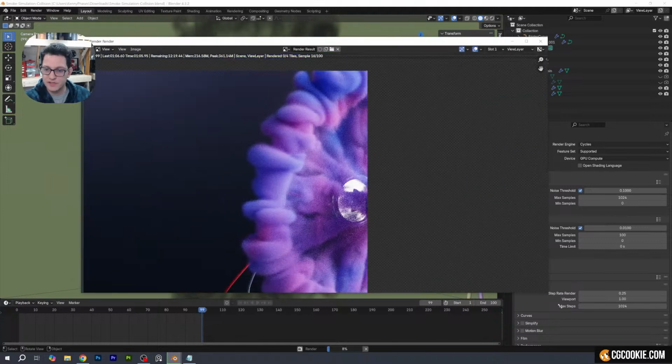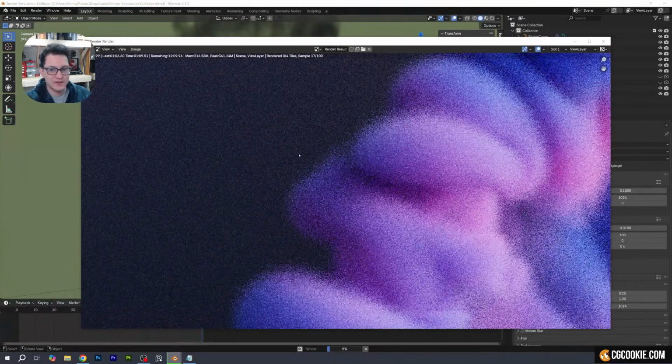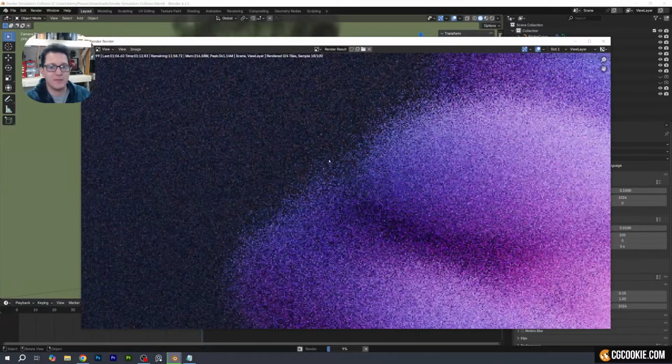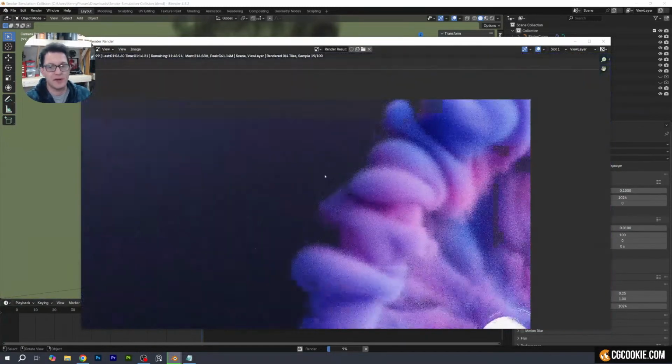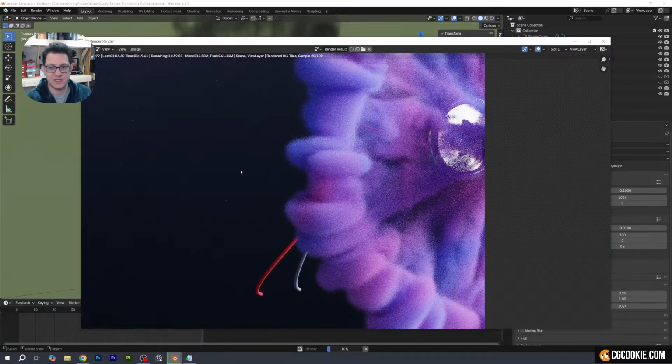Let me just full screen this for you guys a little bit here. I mean, you can be really, really nitpicky about this. Most people aren't going to be this far zoomed in, right? But this, again, might not be an acceptable amount of noise for most 3D artists that are doing high-quality product visualization, or maybe something for like a chemical company that wants to talk about their product that makes smoke. I don't know. Whatever they're doing, they're probably going to want it to be a little bit higher quality. Usually the more samples is always going to help, but you're also sacrificing time, right? And time is extremely valuable as a 3D artist, which is why a lot of people like me invest into a newer computer that is